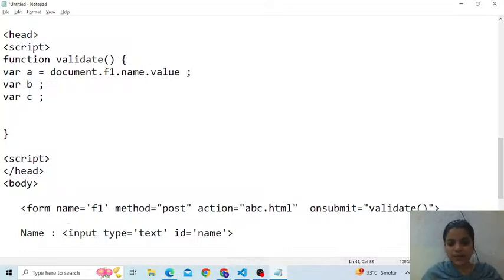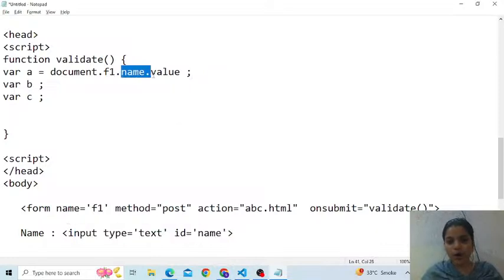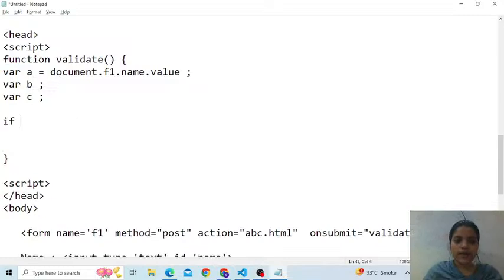So if name is an input box, whatever value you have entered in the name box will be stored in a. I hope you got my point. Is it okay? Fine. Now I just check if,